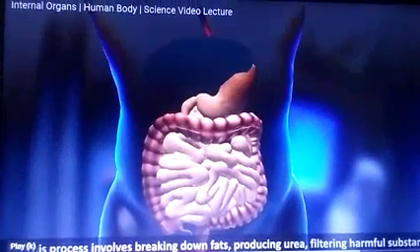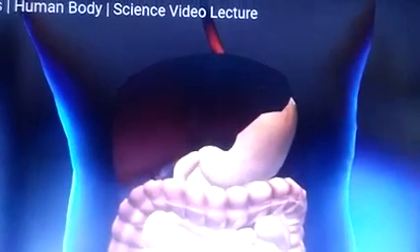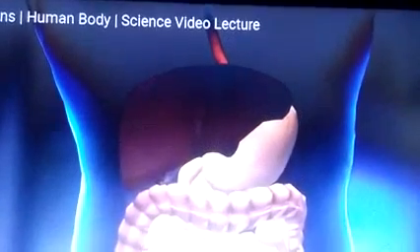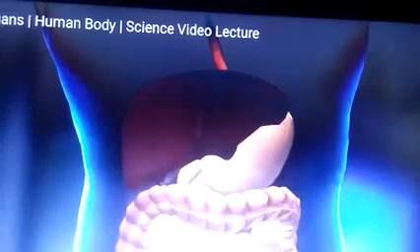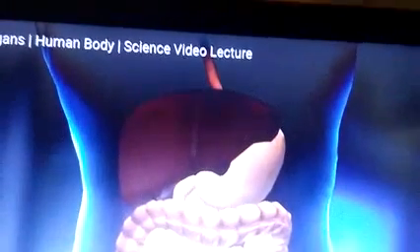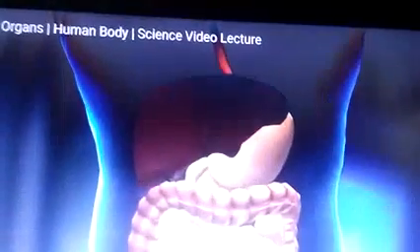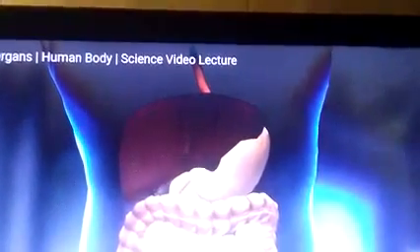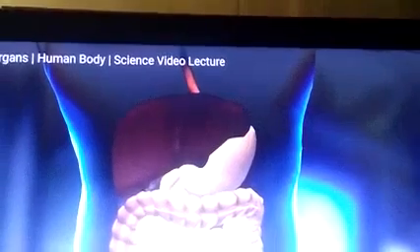So the function of the stomach is digestion of food, and the function of the liver. See, the liver is so big, and an adult liver is almost 1.5 kg. That much big it is. The main function of the liver is that it will produce digestive juice, bile, and do purification of toxins. A lot of functions are done by the liver. Its main function is to produce bile for the digestion of fat, and the digestive juice is released to the small intestine. See, this is the starting of the small intestine. So here the bile is released and the digestion of fat occurs.